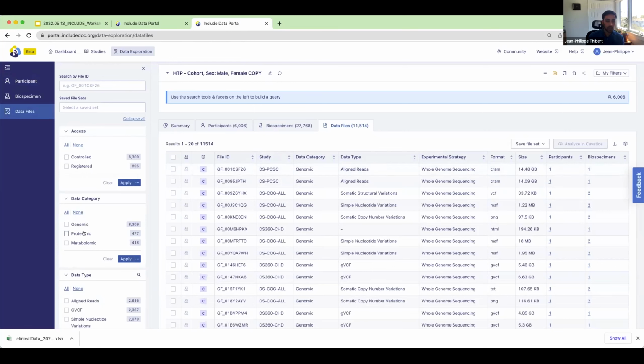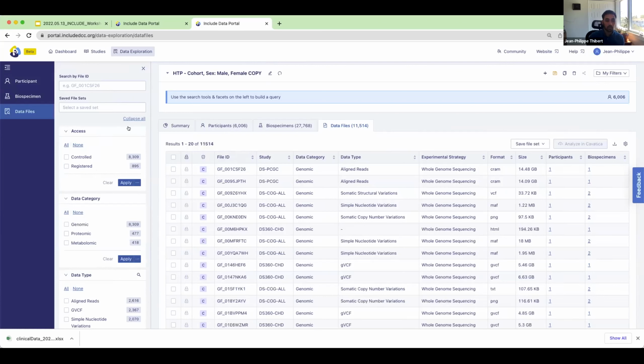So the one thing that I want to address here is the different data types that we have in the portal. We have 2 levels at the moment of different types of data access: controlled and registered. Eventually, we're surely going to have open access as well. The registered level access is essentially if you register and follow what we did during the registration process. Once you're in the portal and you have an account, then you would have access to that registered